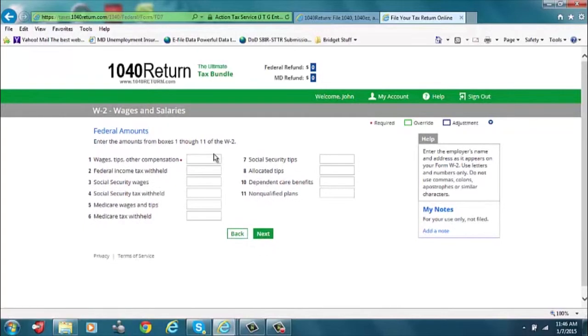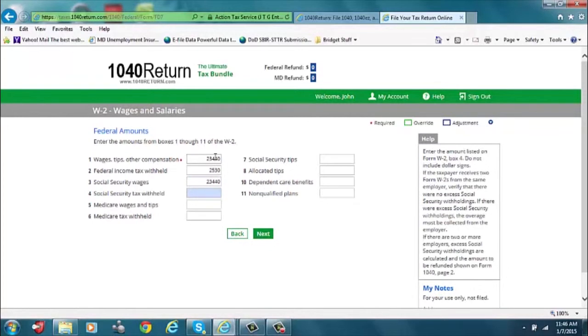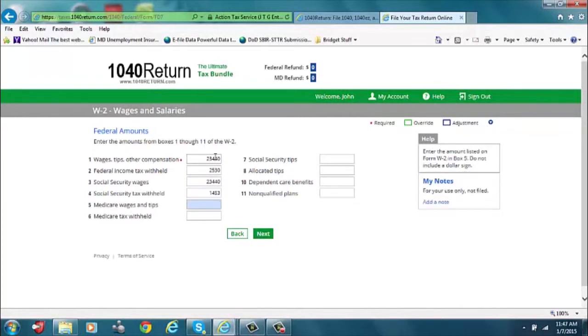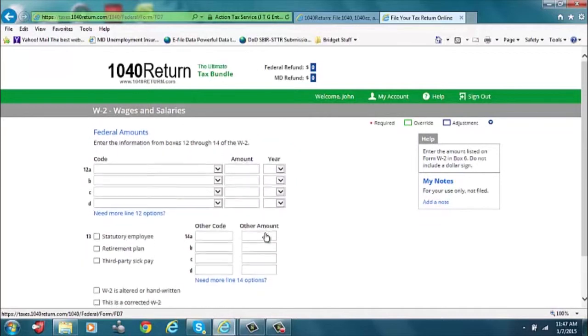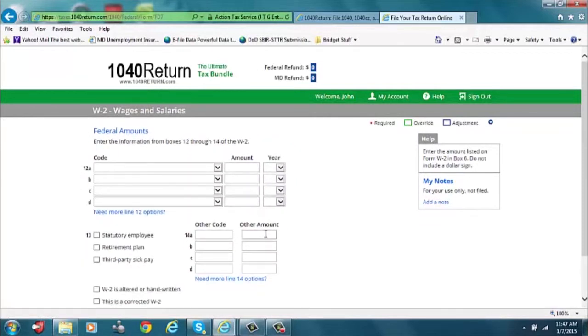So for John's wages, we will enter $23,440 with $2,530 for federal income tax withheld, $22,440 for Social Security wages, $1,453 for Social Security tax withheld, $23,440 for Medicare wages and tips, and $339 for Medicare tax withheld. We click on Next. On this page, we won't be filling in anything as John had no other information, so